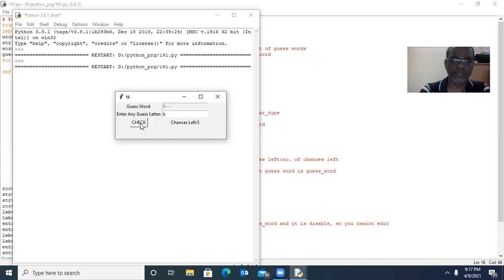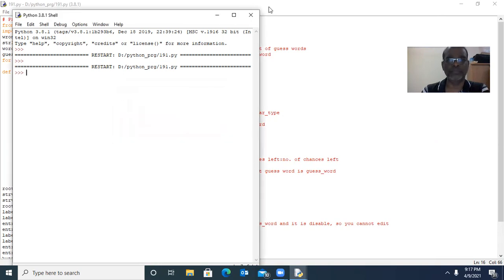So even though I know the word king, I press G. Good. I press A wrongly, so it keeps on decreasing. Good. I press I correctly. Correctly changes. Then N. Correctly changes. Good. Now you understand how the program is working.